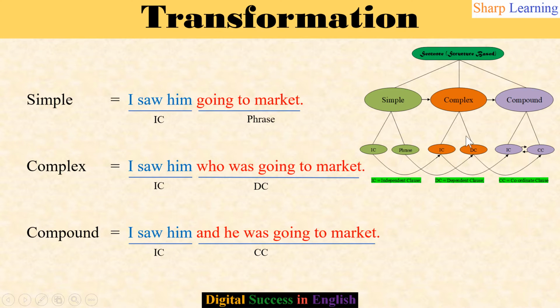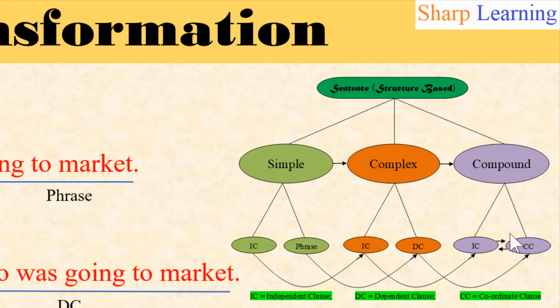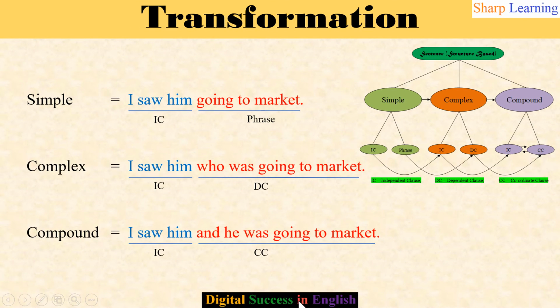Now look at the picture very sagaciously. Here IC and IC, that means indefinite clause will remain the same, but from simple to complex and compound, here simple sentences phrase will transfer into DC in complex sentence and DC will transfer into CC in compound sentence. So this part, the red color part will be changed here. Okay, you have already understood that transforming simple complex compound is nothing but the discussion of clause and phrase and